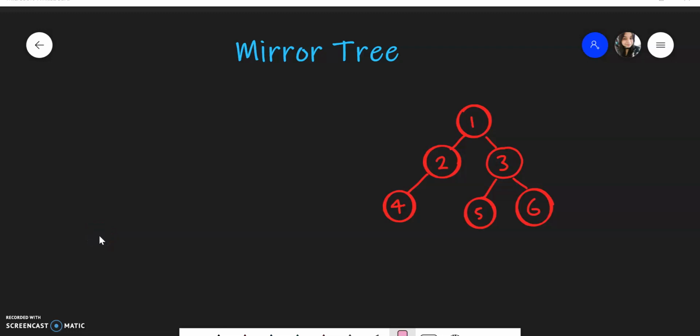Hello everyone. So today's topic is convert a binary tree or any tree into a mirror tree. So this is a pretty simple problem, and first we need to see what a mirror tree is. For example, if we try to draw a mirror tree for this given tree,